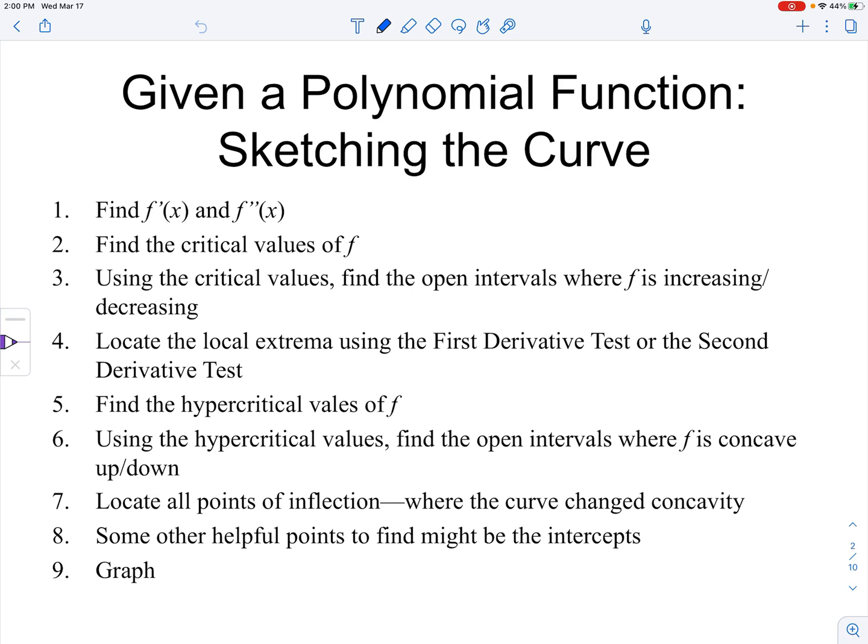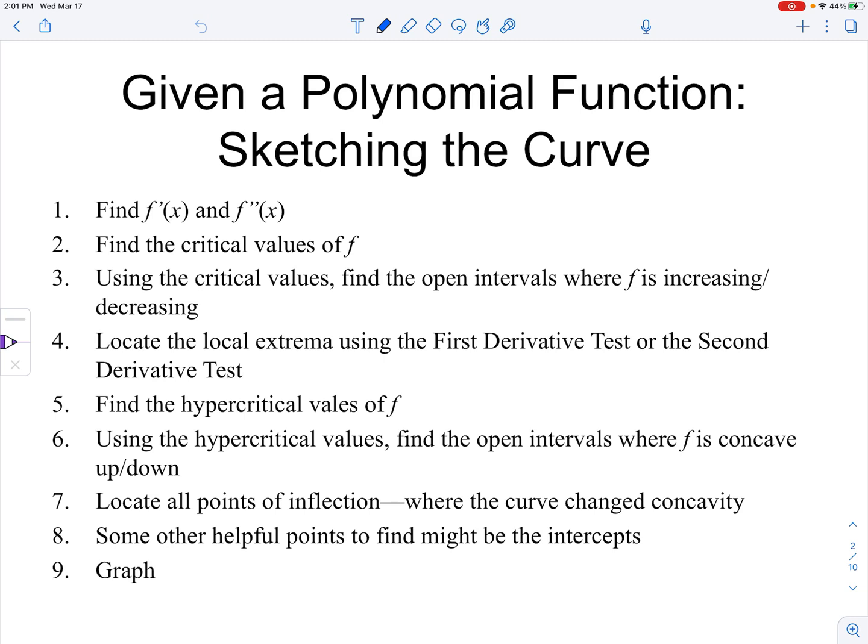Not in this section in particular, because we're looking at polynomials defined over their implicit domain of all real numbers. But we're taking everything we talked about in 3.4 as well as 4.1